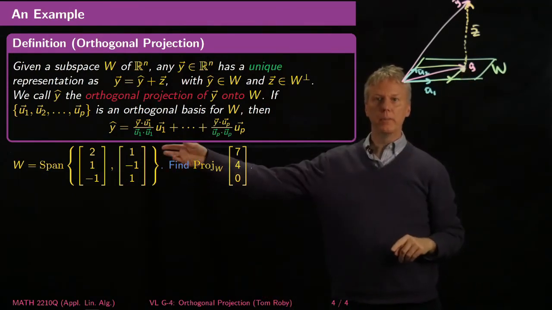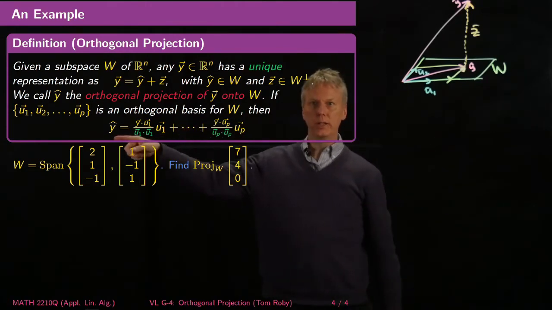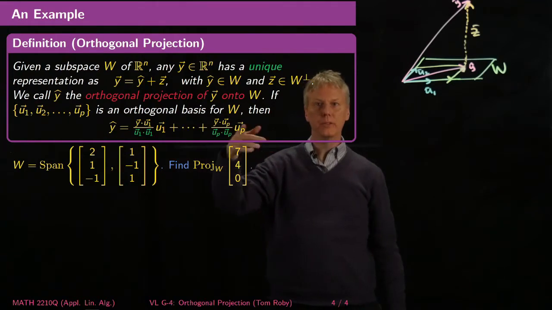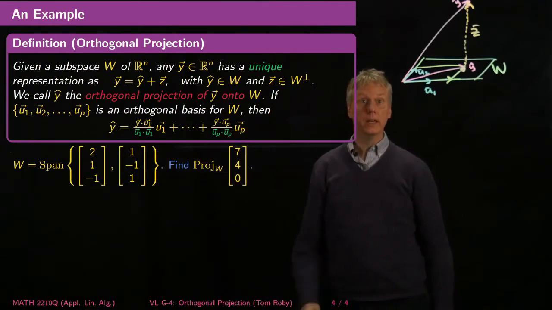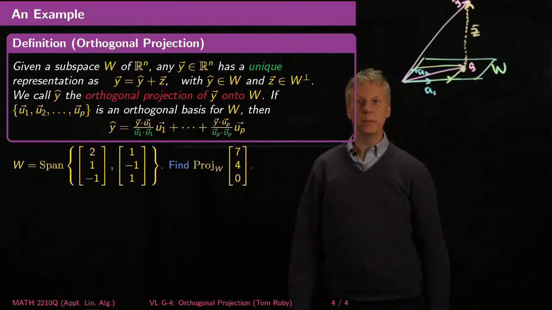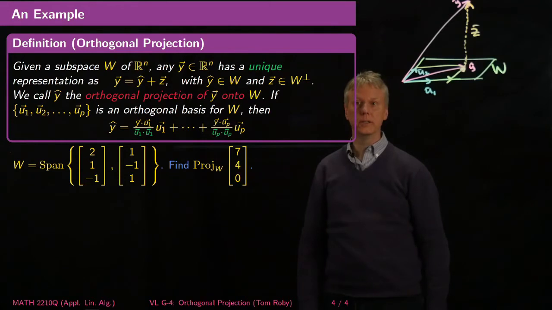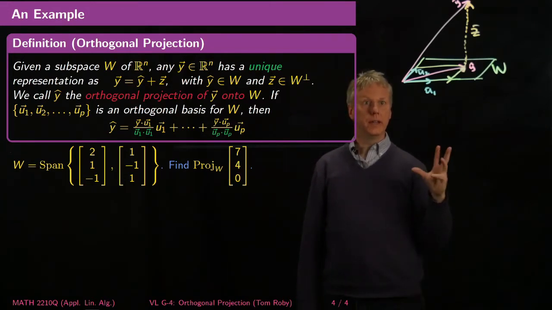If we have an orthogonal basis for it, then we can write it this way. The reason that these u1 dot u1 denominators are in green is just so that you can remember that if we have an orthonormal basis, then the formula gets even nicer because those just become 1. But the formula for just orthogonal, then it is what it is. And the point is that